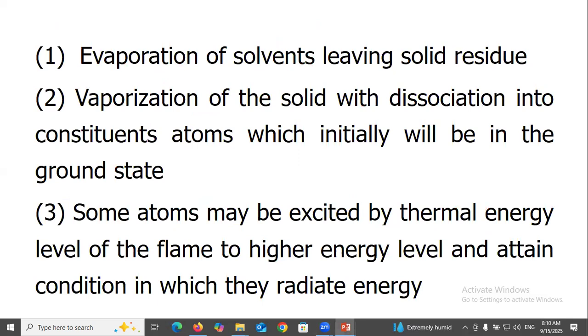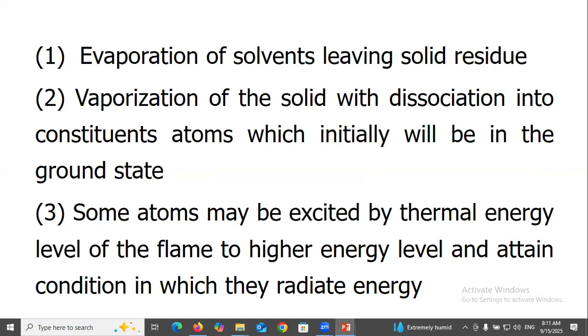Evaporation of solvent leaving solid residue, vaporization of the solid with dissociation into constituent atoms, which initially will be in the ground state. Some atoms may be excited by the thermal energy of the flame to a higher energy level and attain a condition in